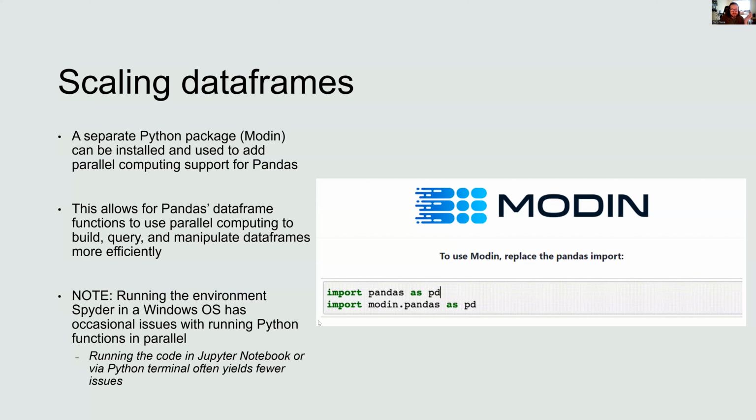If you're able to get something like Modin working and introduce the parallel computing, it does increase the threshold of where you start feeling like you need to optimize your code. It allows you to get away with being a bit sloppy in that sense. But it can also be a bit of a pain to get going, at least if you're very particular about using Spyder in a Windows OS like I am. So in the interest of time, I'm going to quickly jump into